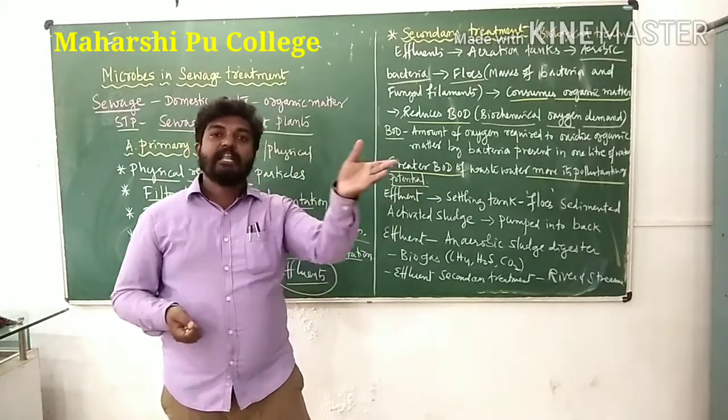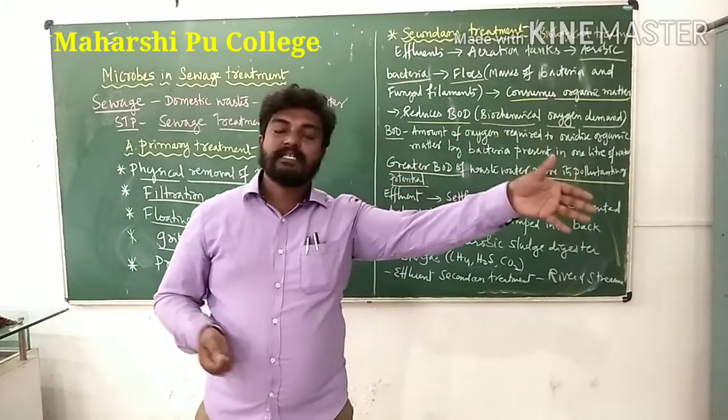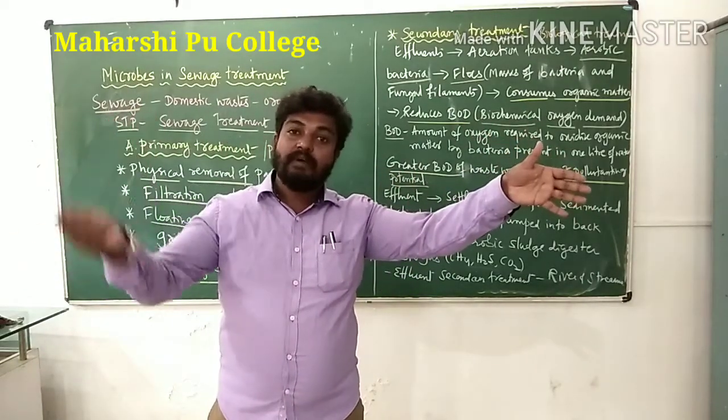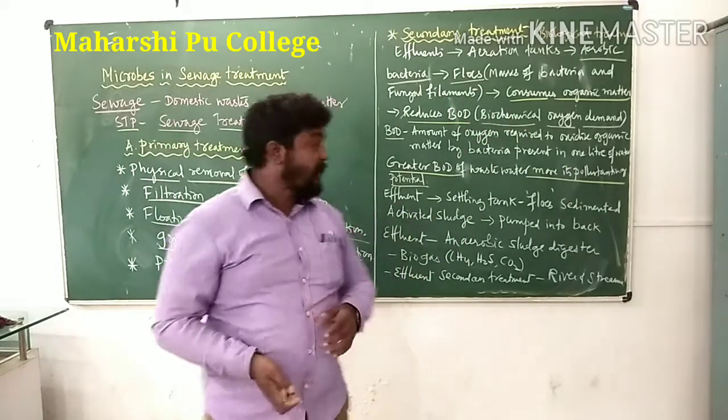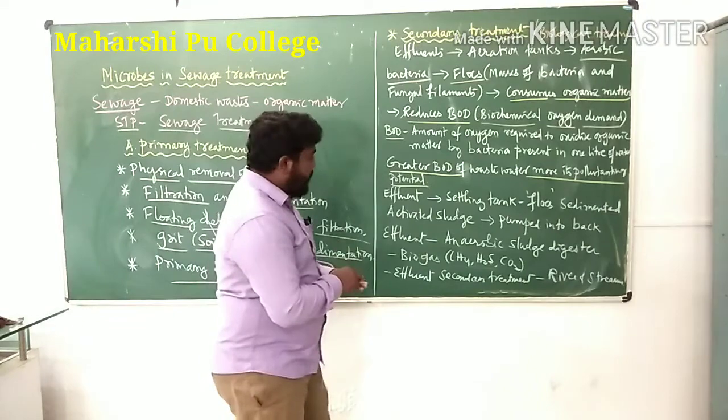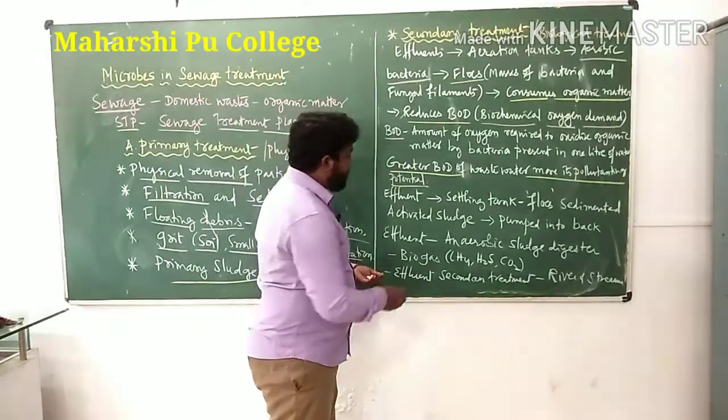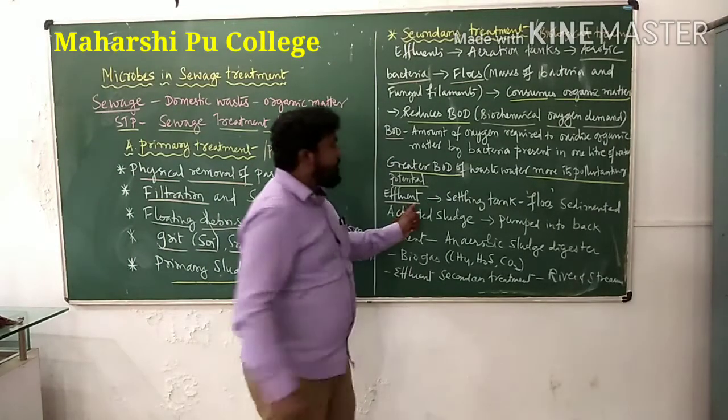So it is directly proportional. If the BOD is high, the organic matter is high, or if the organic matter is high, obviously the BOD is high. Understood? It is directly proportional. And when the BOD is reduced, the effluents are passed to